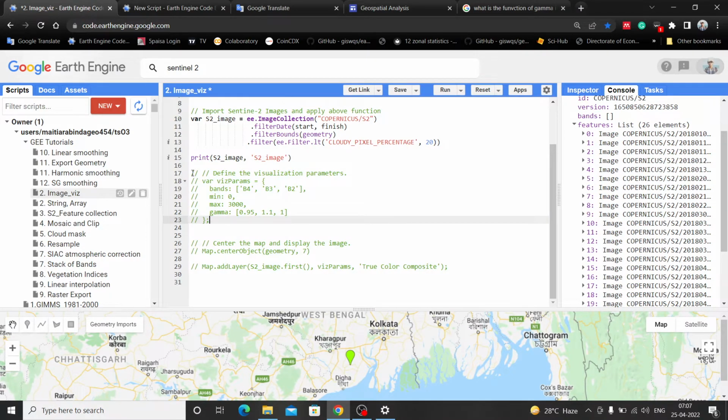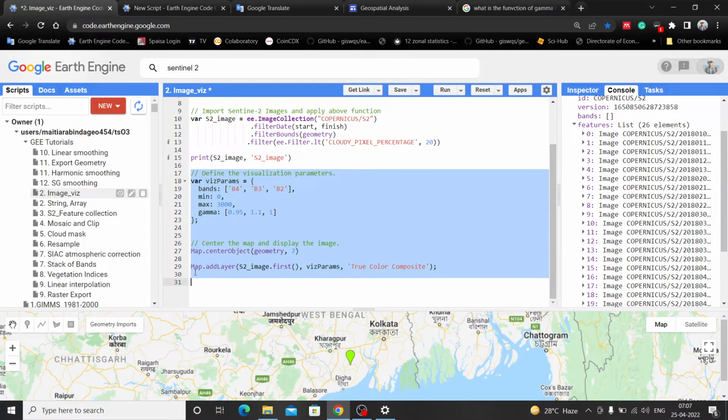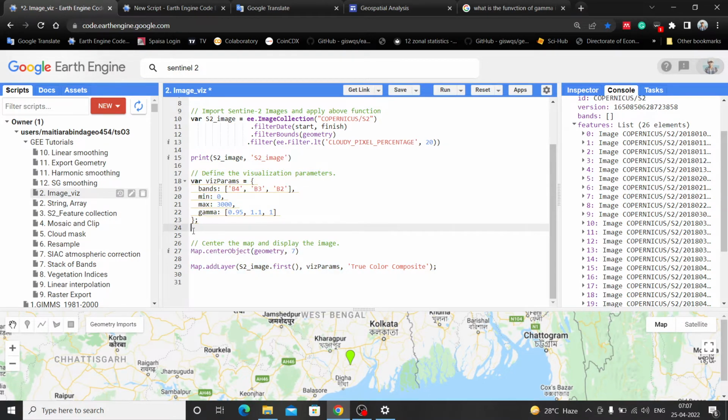Now I set a visualization parameter. So in this case I want to plot three bands: B4, B3, B2. B4 means red, B3 means green, and B2 is blue. Okay, then set a minimum and maximum value, which is the reflectance value of the tiles. Then set a comma function which visualizes the image. Then